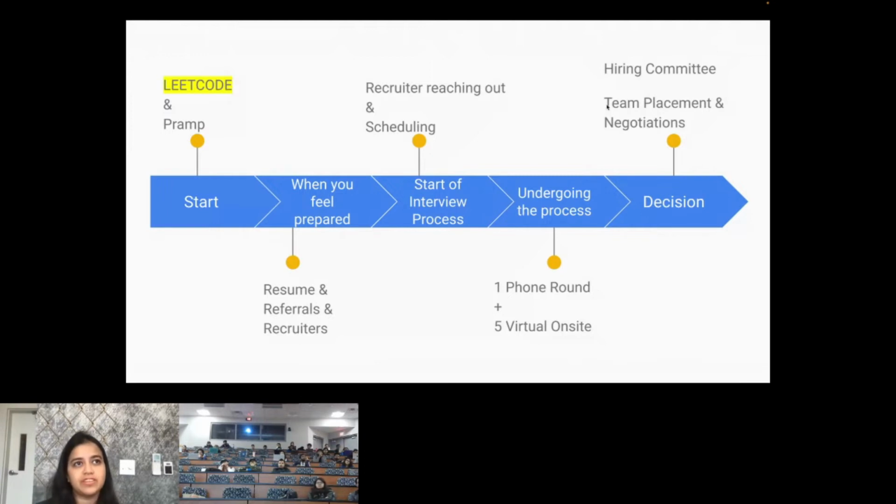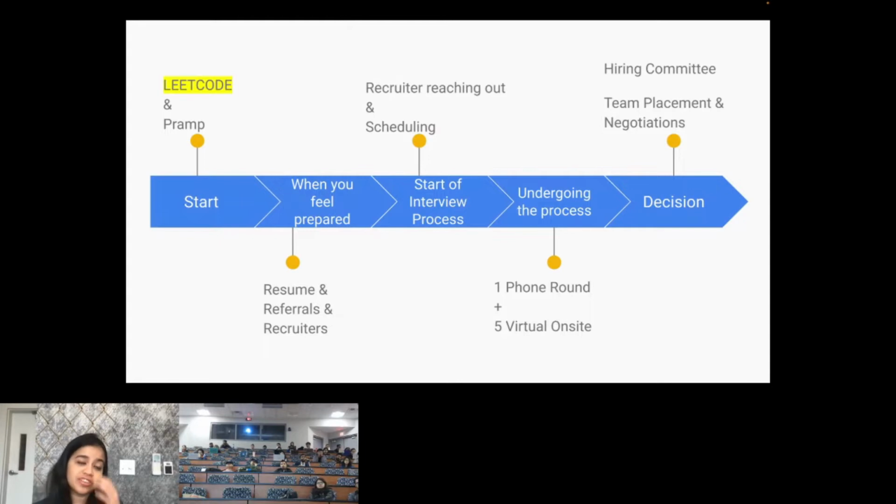So the team placement is a reverse way. So now you have the option to choose teams. You will probably be talking with like 2 to 3 teams, or if you're lucky you can even talk to like 4 or 5 teams and see where your interest aligns, and then you tell the recruiter that okay, this is the team that I have chosen, and this is what I want to go ahead with. And then you have all the salary negotiation and all other things, the stock negotiation, and that's when you get the final offer letter. So that's the entire process, and I'll take some time to talk about some of them in detail in the coming slides.